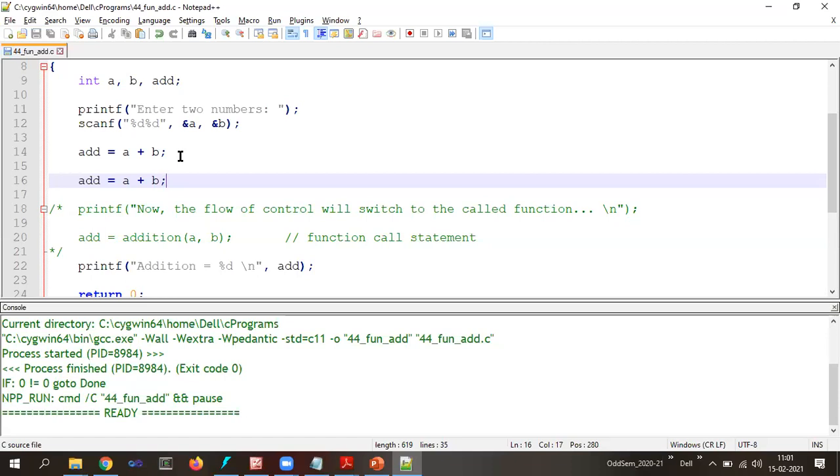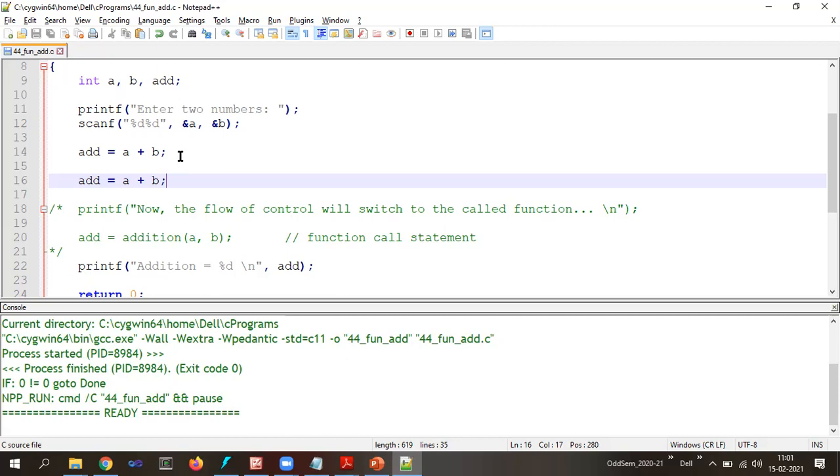Take the example of addition of two matrices, where there are quite a lot of statements. Or take the example of the factorial of a number. To calculate the factorial, we don't require only one statement, rather we require many statements. If we want to perform the same steps again and again, then as a programmer I need to write those many lines once again in the main function. Isn't that a repetition? Isn't that a duplication of the code I'm writing here?